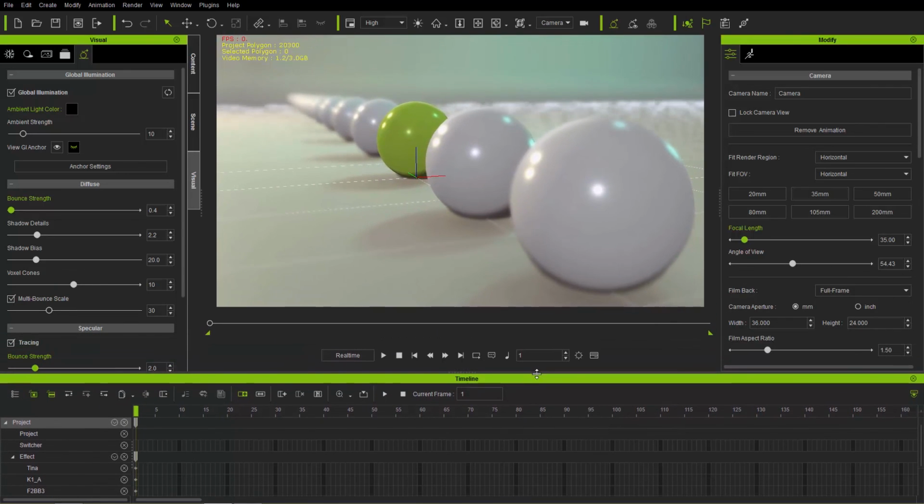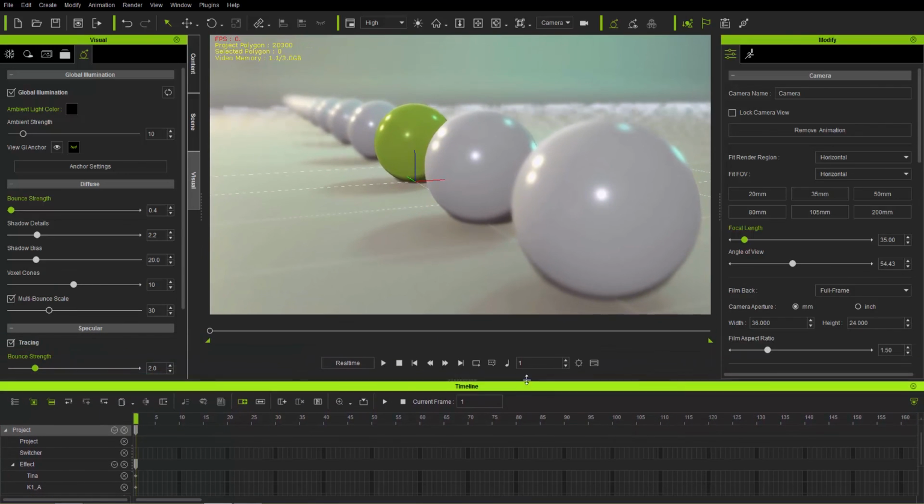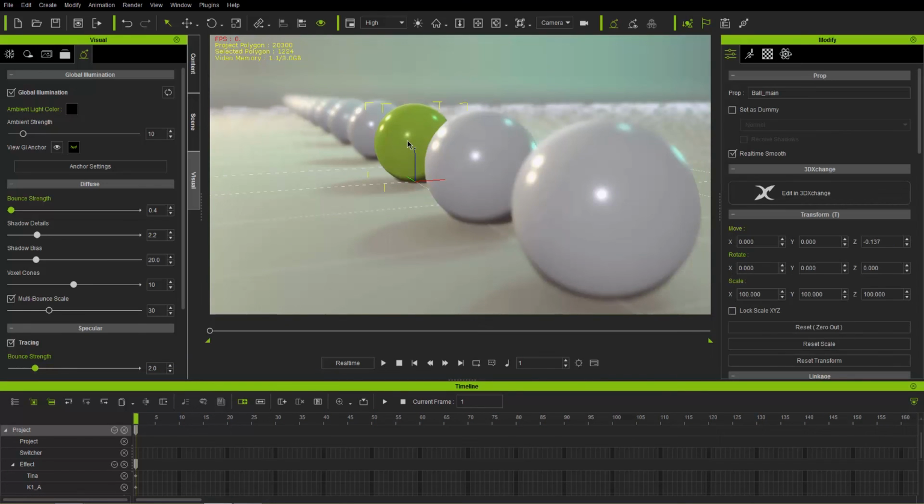Let's take a quick look at an animation. Okay, so I'm going to show you a basic animation really quickly. So I'm going to select this green box here in the middle. Now, there's a couple of hotkeys that are really useful here. This move hotkey, world move, rotate, and scale. You can also use the W, E, and R hotkeys. Okay, so W for movement, E for rotate, and R for scale. We talk about that in other tutorials more.